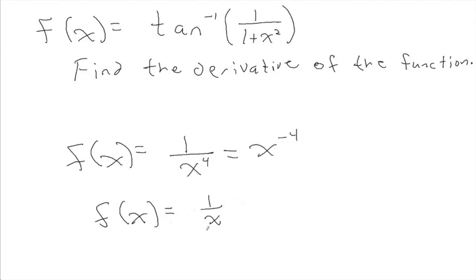How would you find the derivative of this? Same thing, so we could rewrite the function as x to the negative 1, and then our derivative would be negative x to the negative 2. That's right. Okay. So going back to this problem here, so after you used the chain rule, you had